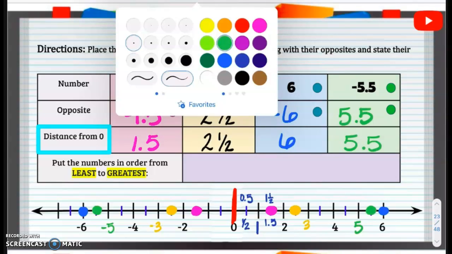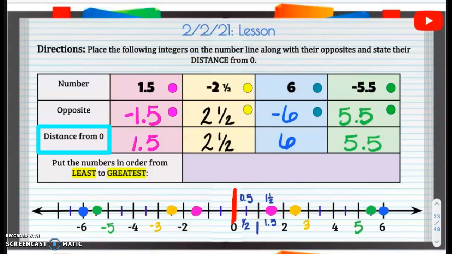All right, now we have to put them in order. So the smallest, least to greatest. Smallest is going to be down here. Biggest is going to be up here, the biggest positive number. The smallest is going to be the biggest negative number. All right, so the smallest that we pointed was -6. I'm going to put -6. Then we have